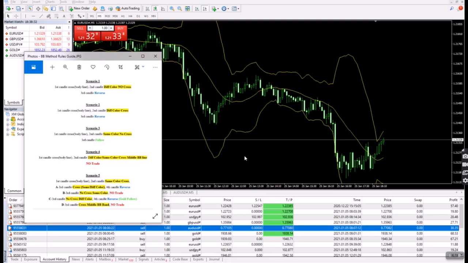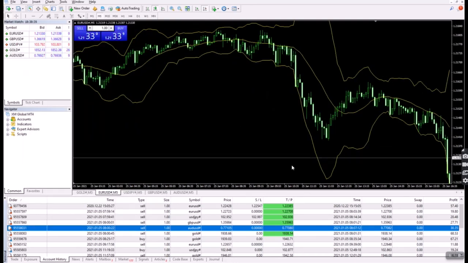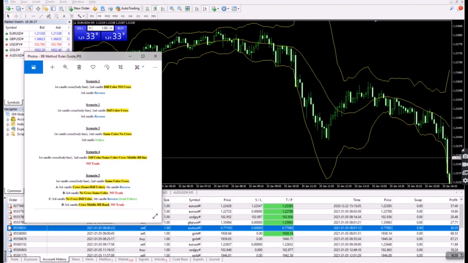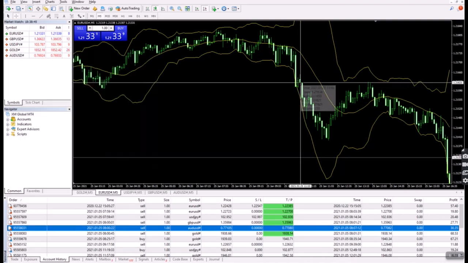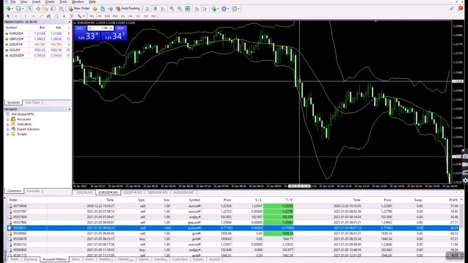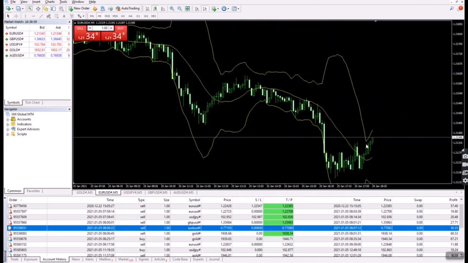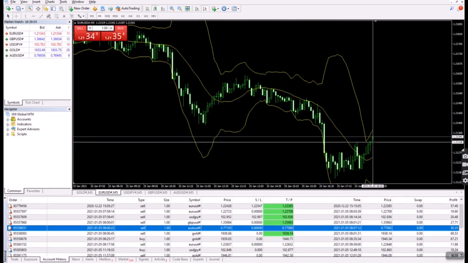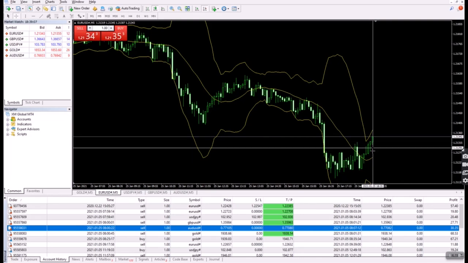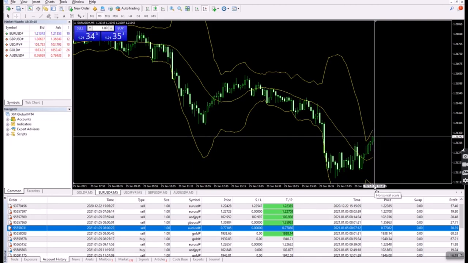Alright, so let's move to around here to see if, let's say, we have a trade here. Yes, first candle cross, second candle doesn't touch, different color, no cross, third candle you are supposed to reverse. So this is actually your entry point at your third candle, at the start of the third candle, meaning you will count down to the timing. This M5 chart means every candlestick represents 5 minutes. Look at your current timing, that this candle ends at